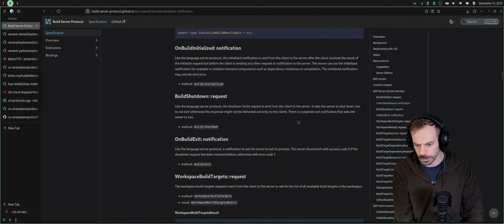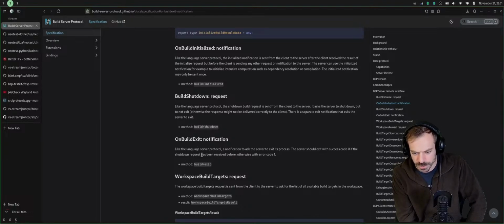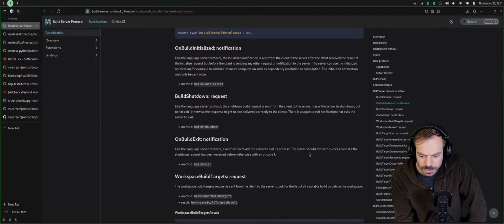Wondering if I read it correctly, that the application exits. The server should exit with a success code 0 if the shutdown request has been received before, otherwise with error code 1.